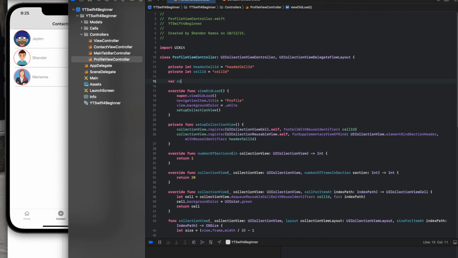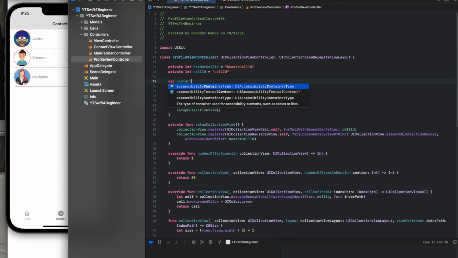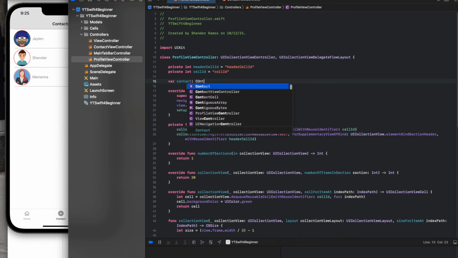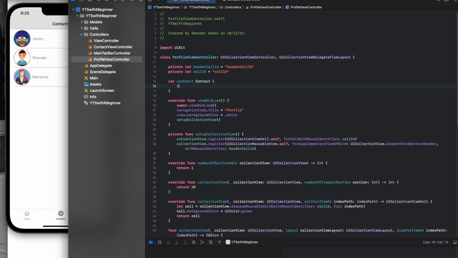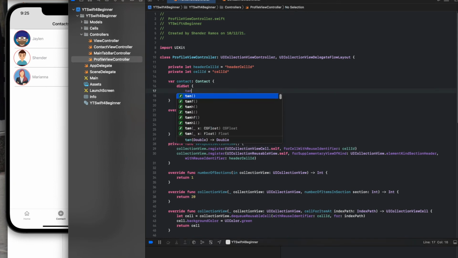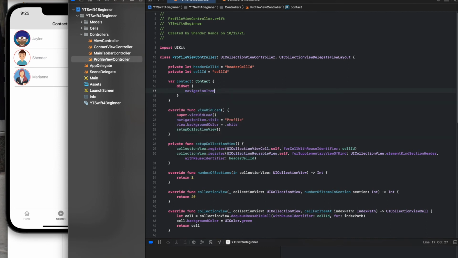Bar contact, right? We're gonna change this to a user, but let's leave it as contact right now. Equal type of contact, right? This set nav, we could do like nav item dot title equal to contact dot name. So basically what we're saying is, hey, if this is set,